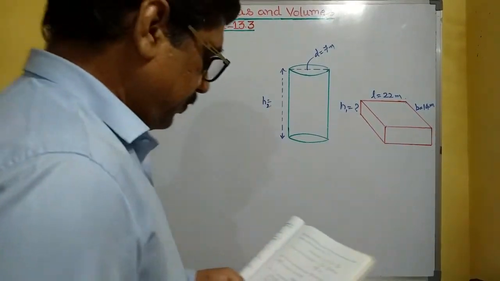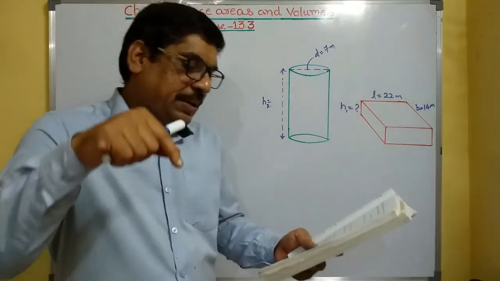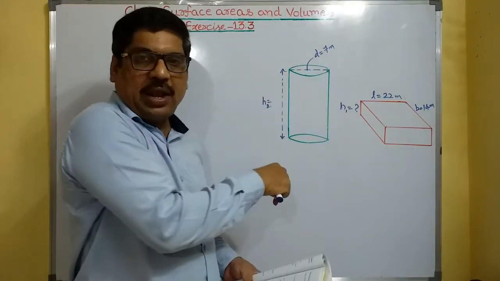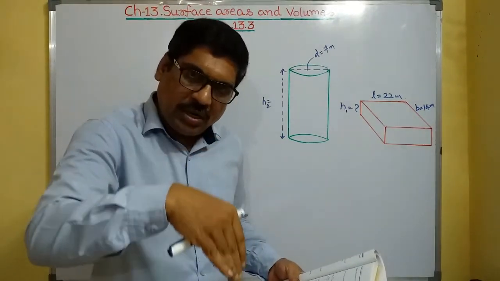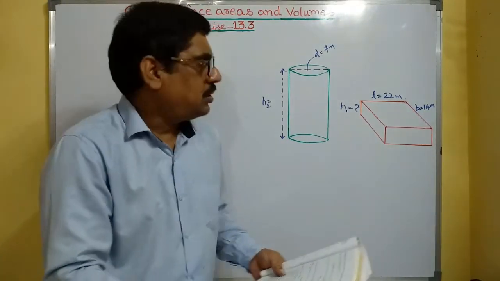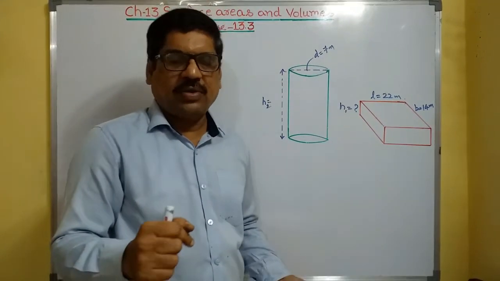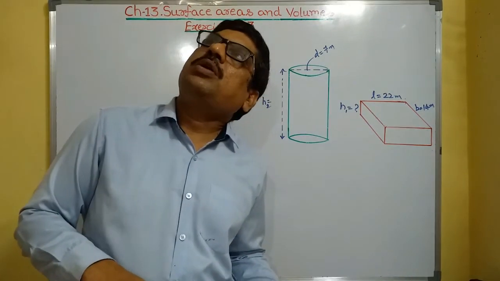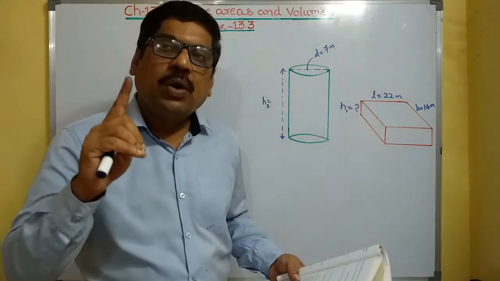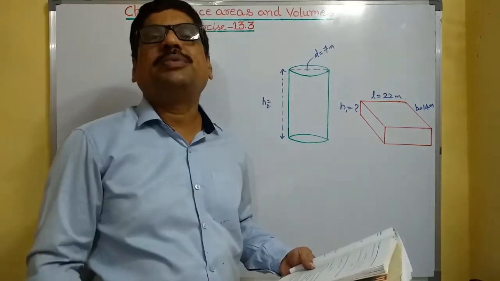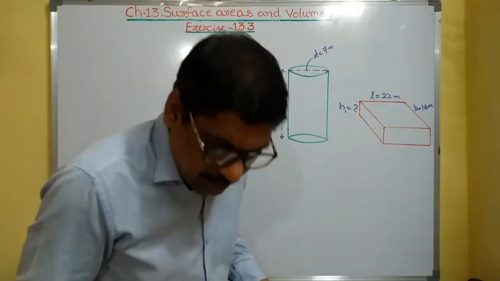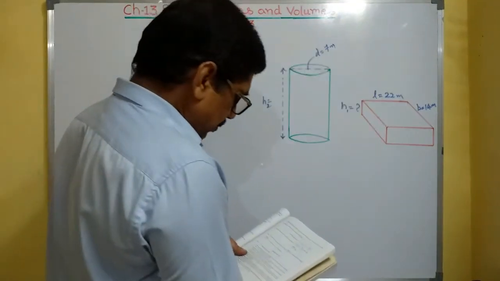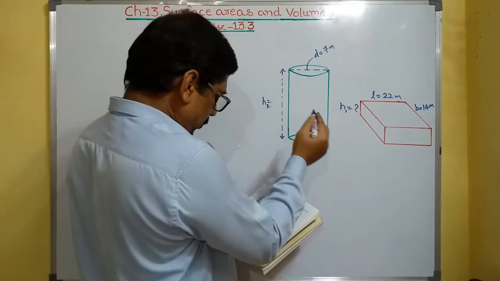Now the third problem: a 20 meters deep well with a diameter 7 meters. Look at this, this is a well. Well means it is into the earth, so it has some depth. So depth can be taken as height. Why? Because I told you many times, when you look at an object from the ground, we see upwards and say that it is so high. And if you observe the same object from the top, looking down, the same height you can call depth. So let us take the depth as height, that is 20 meters.